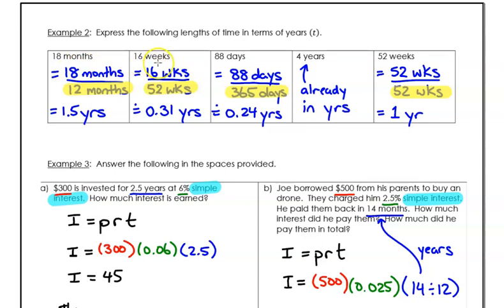Now, if you have 16 weeks, that's like barely a year, right? And so how much of a year is it? You're going to have to go 16 weeks divided by however many weeks there are in a year. And there's 52 weeks in a year. So these two divided is approximately 0.31, so a third of a year. Okay, with days, you're going to take the number of days they're asking you and divide it by 365 days a year in order to convert it into years. And again, for weeks, divide it by 52 because there's 52 weeks. So 52 weeks is one exact year.